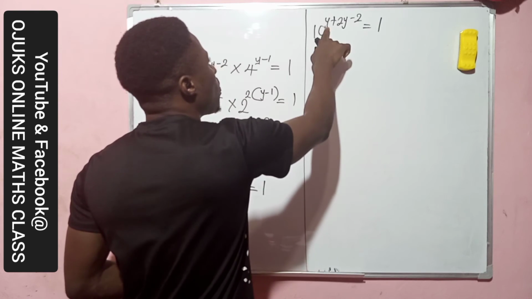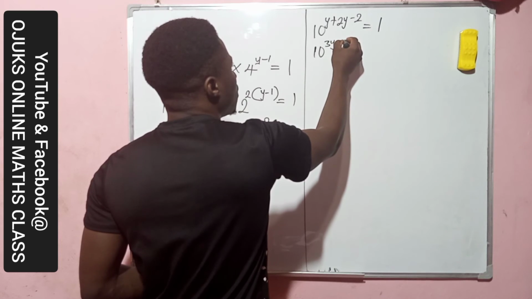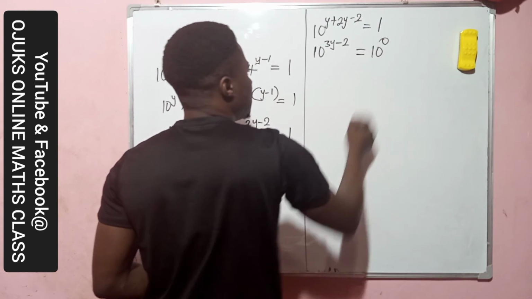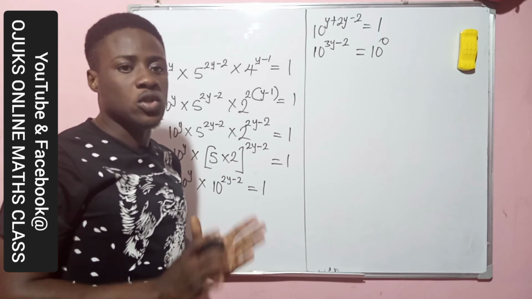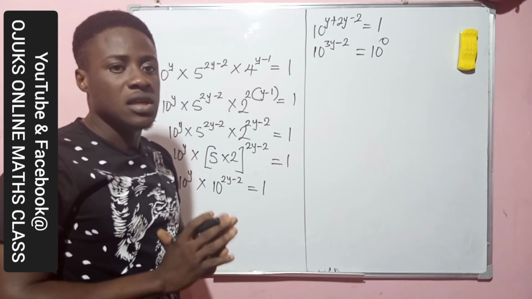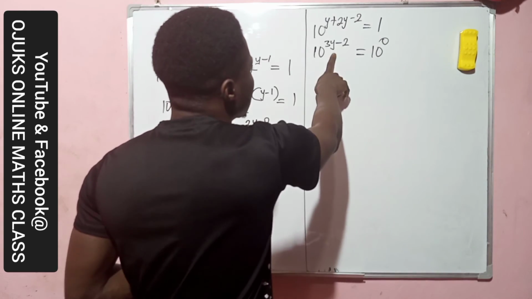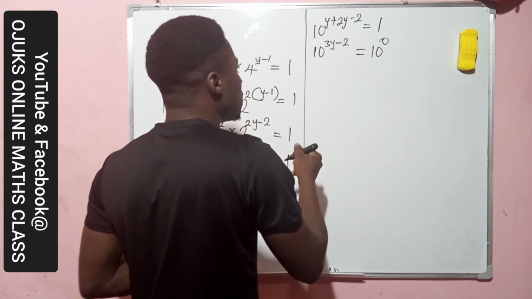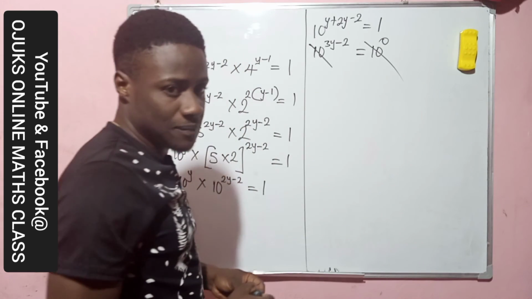Let's keep solving. y plus 2y gives me 3y minus 2, so I have 10 raised to the power 3y minus 2 equals 10 raised to the power 0. Since they have the same base, I can cancel them out,